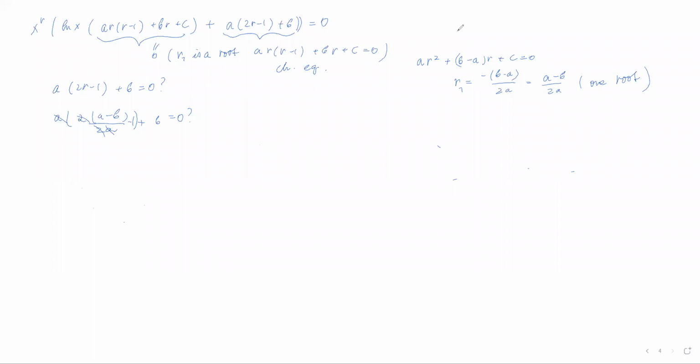So I'm going to start with this term. 2 cancels, a and this a are going to give me kind of 1. So I have a minus b. This minus 1 is going to be multiplied by a and give me minus a. There is no denominator, so just multiplication, and plus b. You see it equals to 0. So a minus a, b minus b equals to 0. So it's a solution. It is a solution. Okay, good. So we kind of proved everything.